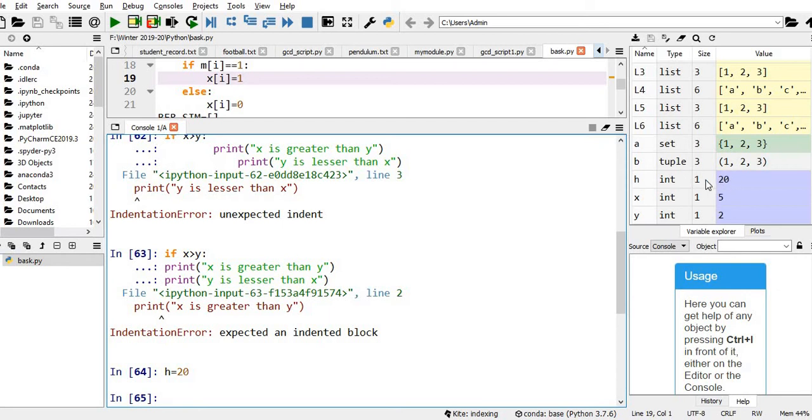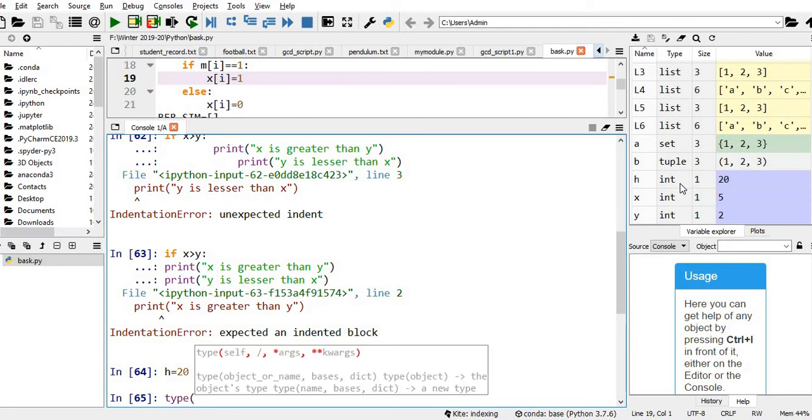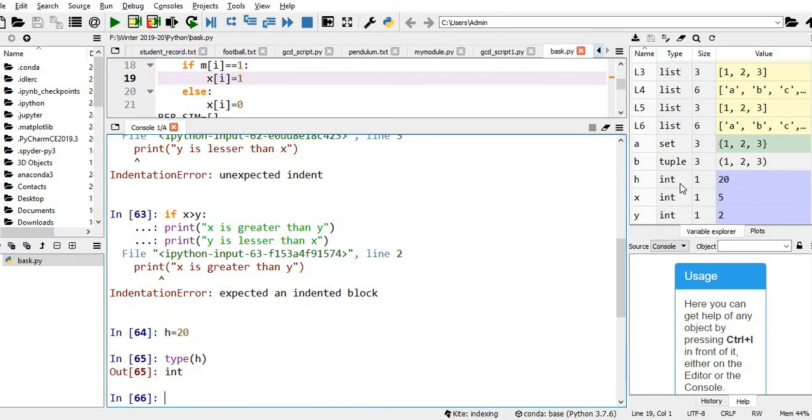The variable is created. We have assigned the value. Once you assign the value, automatically the variable is created and the corresponding data type is also assigned. I'm not specifying that h is an integer, but if you type h, automatically the corresponding data type is assigned. Similarly, g is equal to some name, akshara.